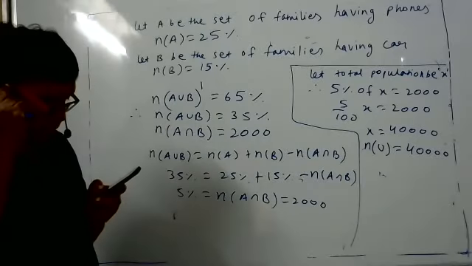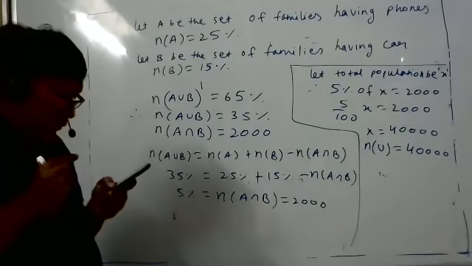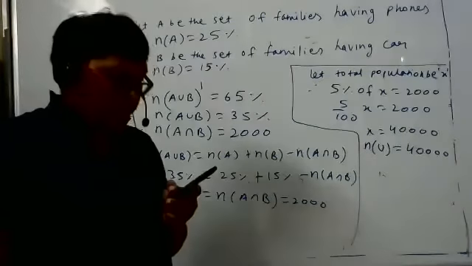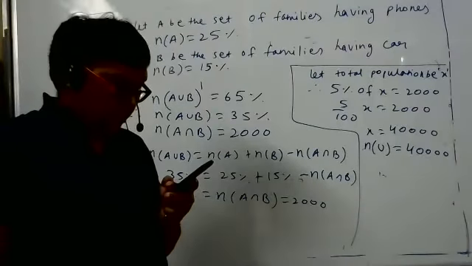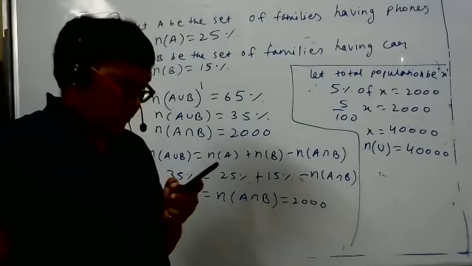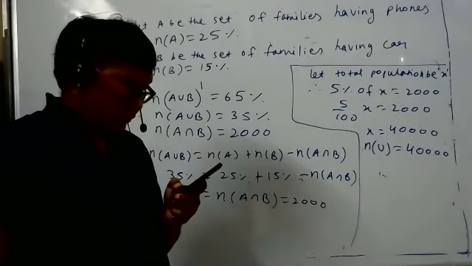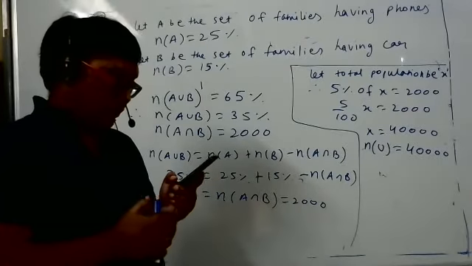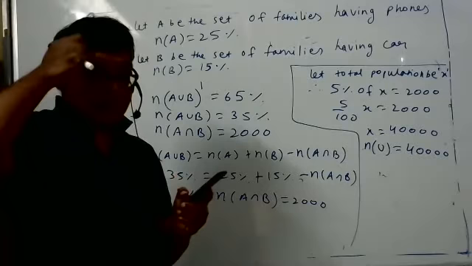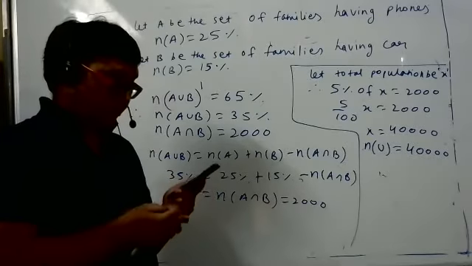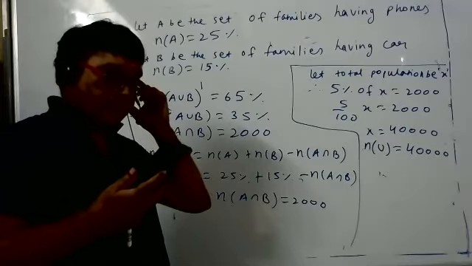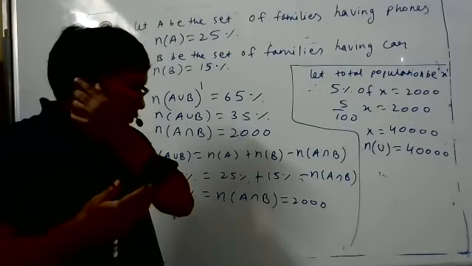So the first one is wrong. What are they asking? Which statement is correct? Option C is correct. Either a car or a phone. That means they own only one of them. So it will be A minus B union B minus C, something like that. Because it says either, A intersection B won't be included, right? So then that total can't be 35%. It'll be 30%.